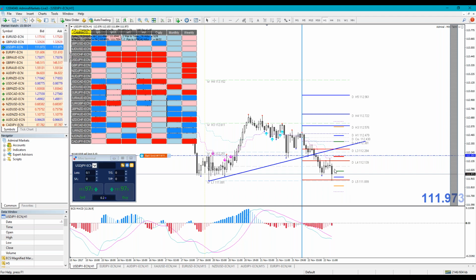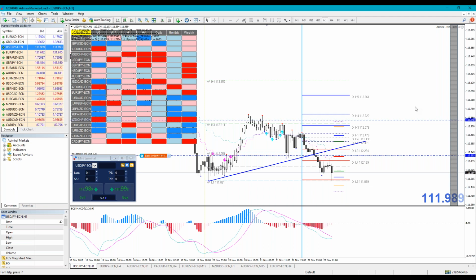Paul Selvi is asking, how many pips is your stop loss? Good question. If this is the zone, so the zone is 112.20 to 112.28, my stop loss is not higher than 45 pips. So it will be here, but you need to know that you really need to do it with low risk, especially because you might be caught in FOMC. If you are caught in FOMC and you don't know what to do, the only thing is to leave your stop loss and see what the market will give you. You cannot influence it. And if you are in profit, then protect your profits.